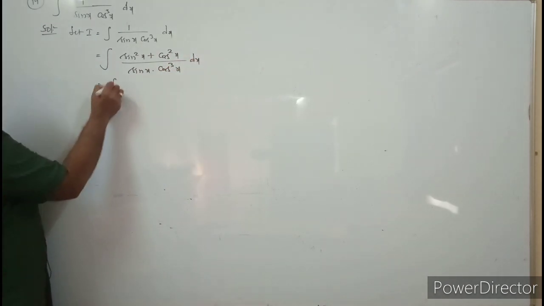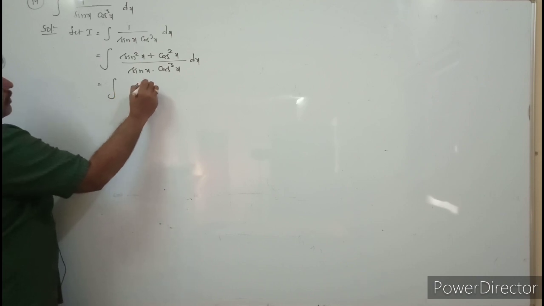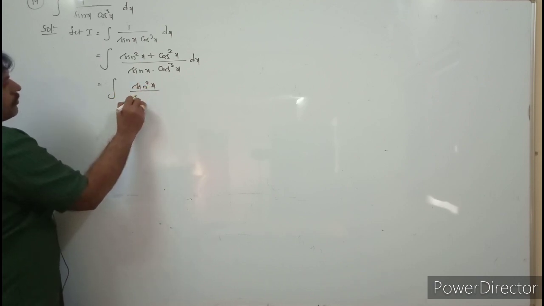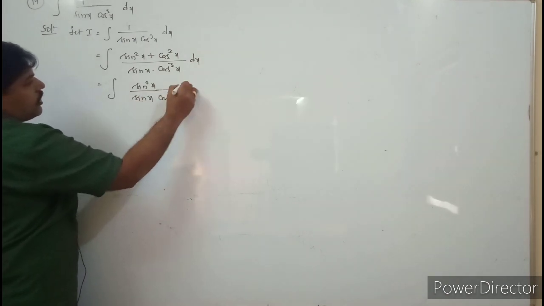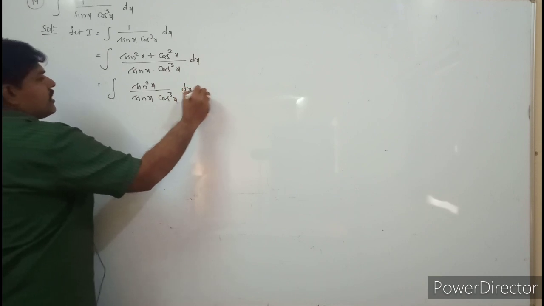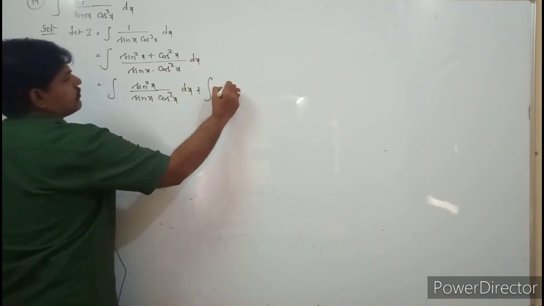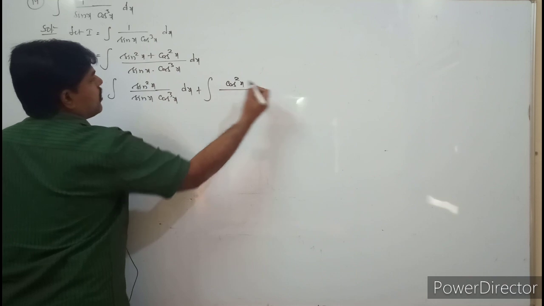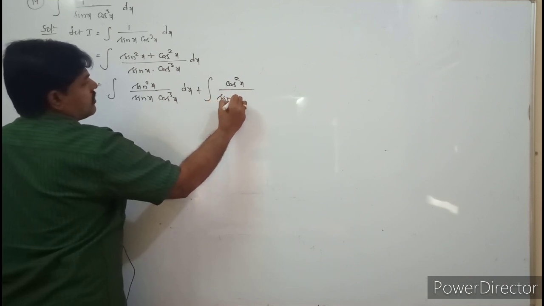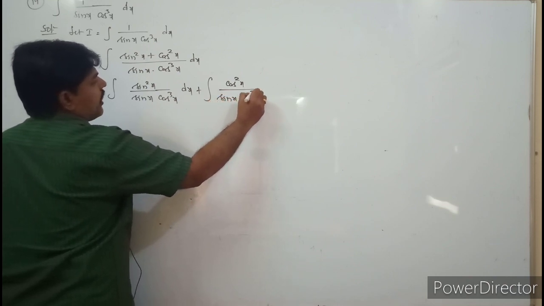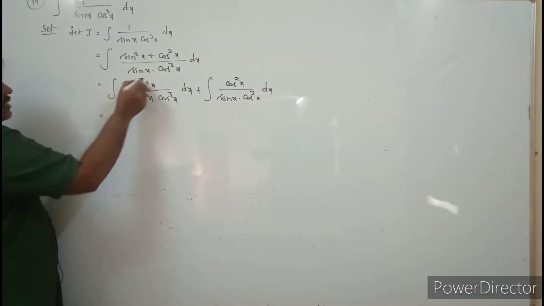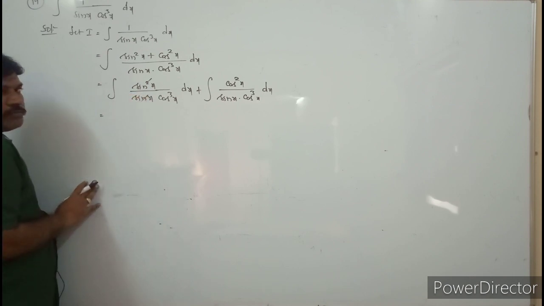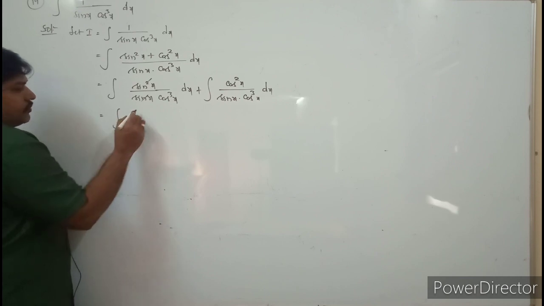And separate the terms here: integral of sin square x by sin x into cos cube x into dx plus integral of cos square x by sin x into cos cube x into dx. So see, students, what is that? This square and sine will be cancelled. What is remaining is integral of